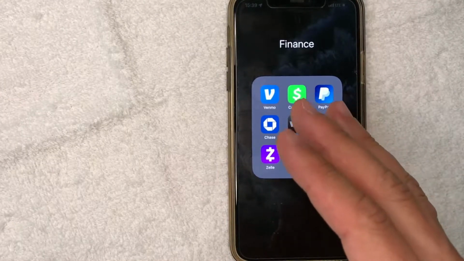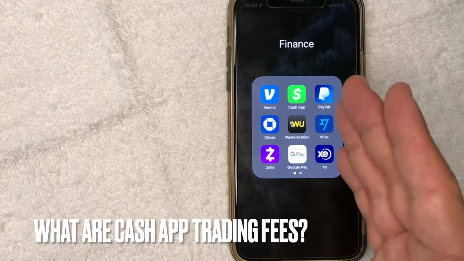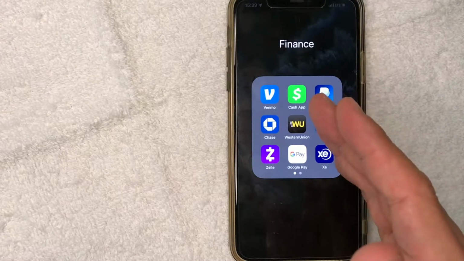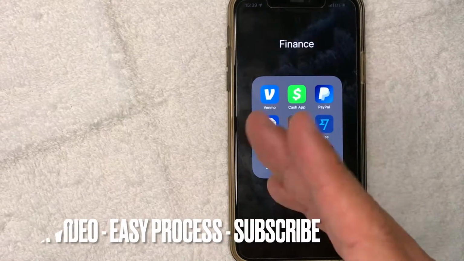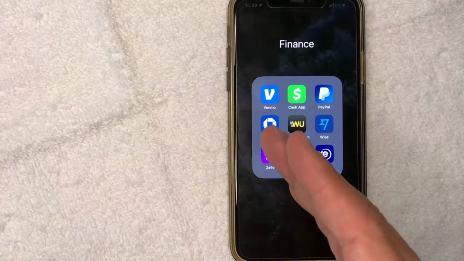I'm going to answer a question that I've gotten a lot lately, and that is, what are the fees to trade stocks with Cash App? So what are the investing fees when you use Cash App? Let's go ahead and talk about this. First off, guys, it's going to be a really quick video. There's actually not a lot to go over, but I will show you specifically where you can find this information